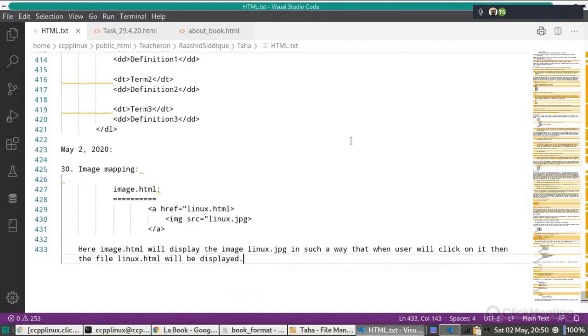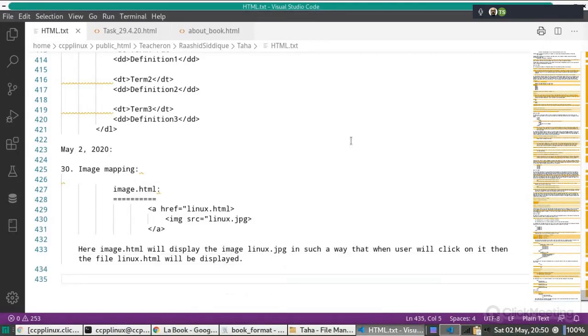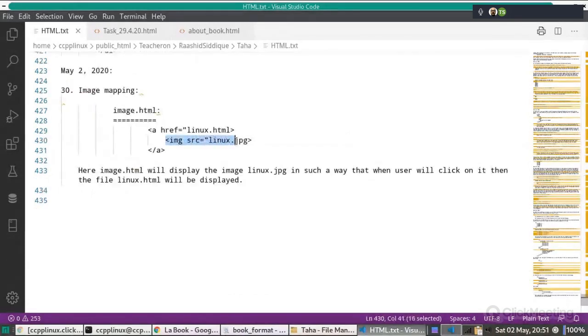I think it should be clear to you, because this is a very small tag. We are only using the img tag and then this a tag. Do you understand this?